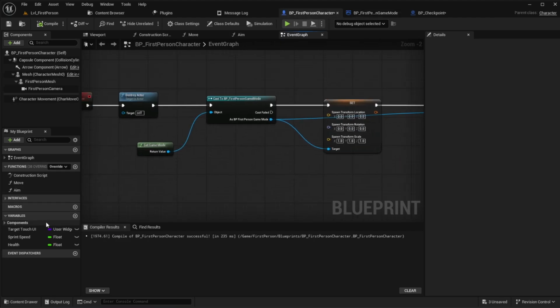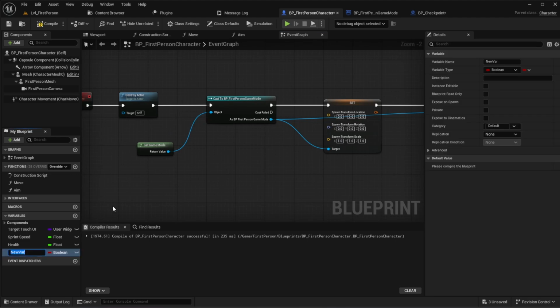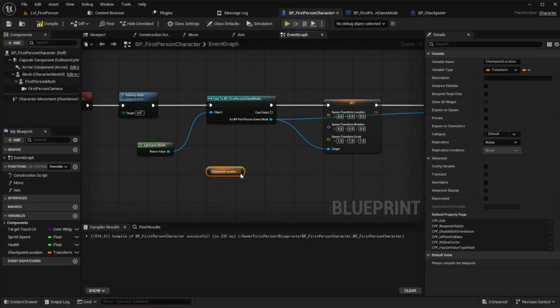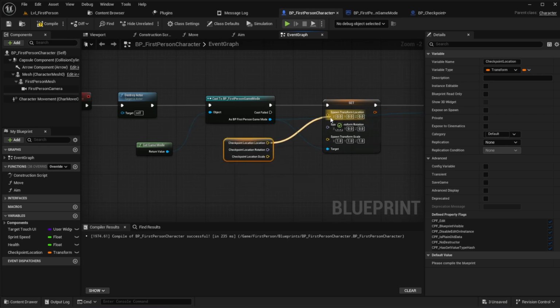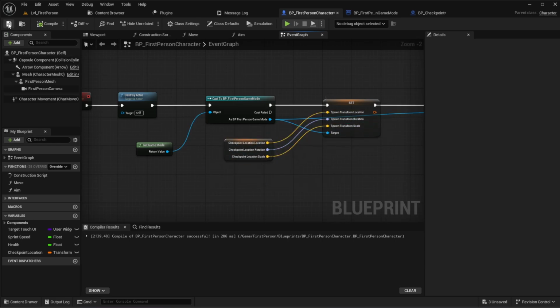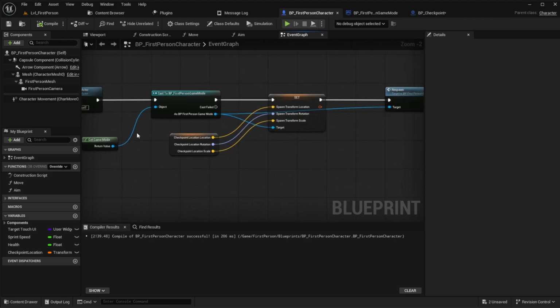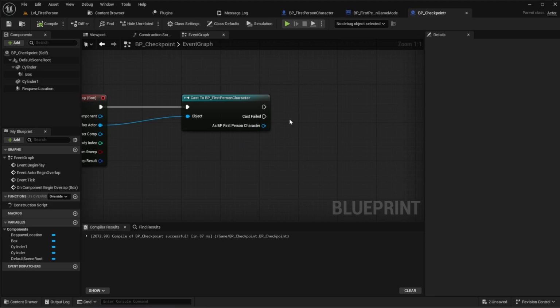So if we create a variable here called checkpoint location, and we set this to a transform, then we can get this and we can split the structure pin, and we can hook all of these up like so. If we hit compile and save, we now need to set this variable, or set our checkpoint location in our